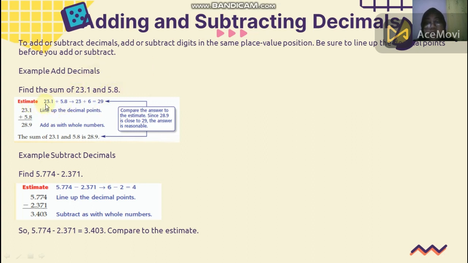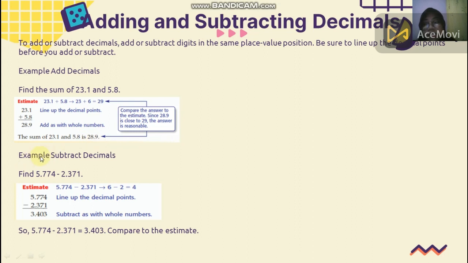Estimate 23.1 plus 5.8 becomes 23 plus 6 is equal to 29. The sum of 23.1 and 5.8 is